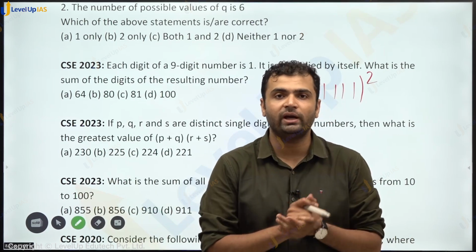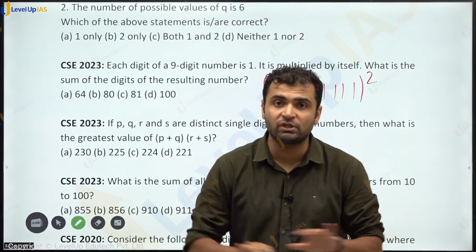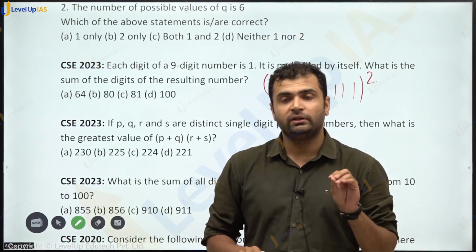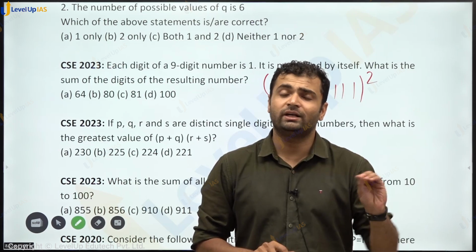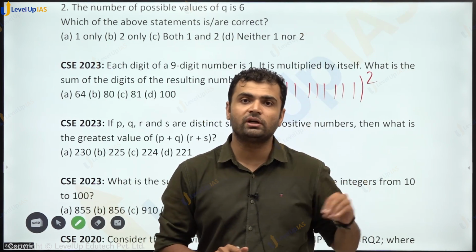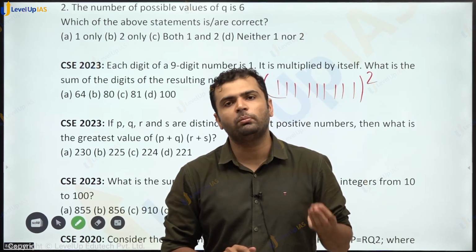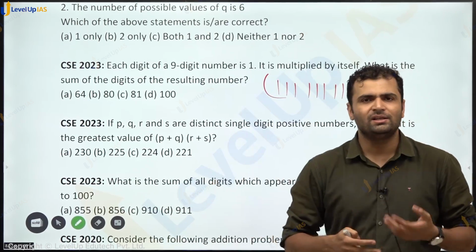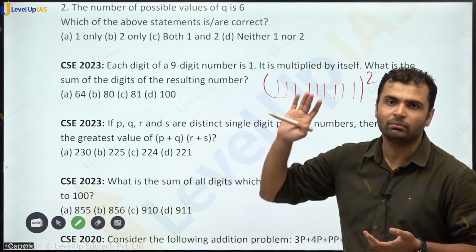Now see, again take it as a rule from me that whenever you find a question which you feel that it is impossible to solve manually in examination hall or in classrooms, then most of the times there will be some pattern forming. There are umpteen number of questions in this year's paper which formed certain patterns, and if you only identify the pattern, the question could have been solved within seconds. For example, in this question, nobody is expecting you to really multiply this number with itself. Nobody is asking you to square this number.